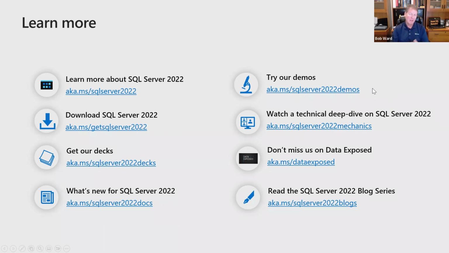I've spent some time in GitHub. This is my GitHub repo. I've tried to go through some of those features we've talked about today. There's a bunch of them now out there. And these are basic step-by-step instructions for how you can go through yourself and try out some of this functionality.